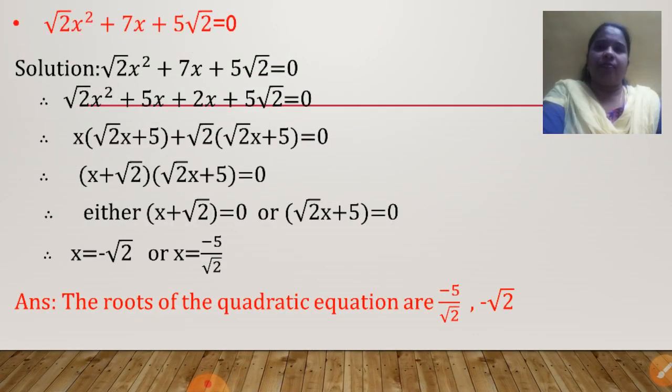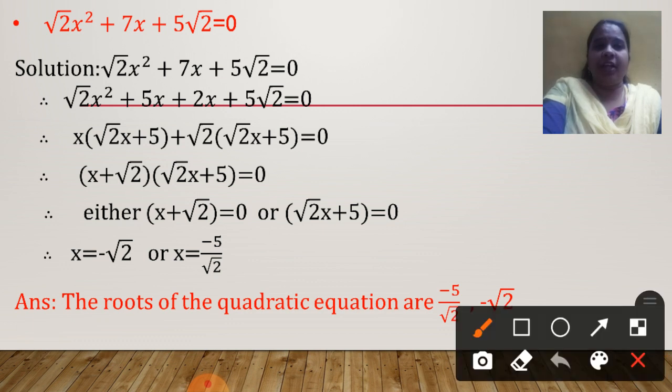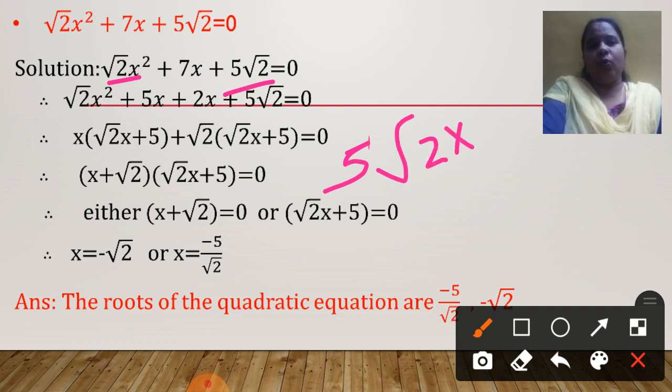Now look at this. It is having root, but trust me, it is absolutely easy. Do not get afraid seeing the root. Product of the first and the last term. Be careful while taking the product. What is the product? See, it is 5, correct? Root 2 into root 2. Product of the first and the last term.